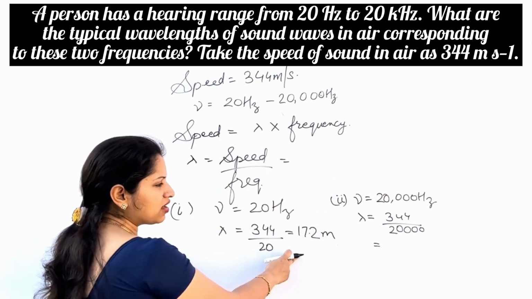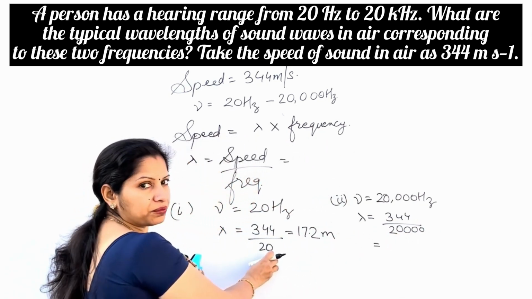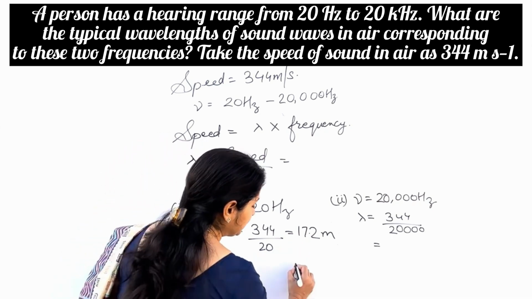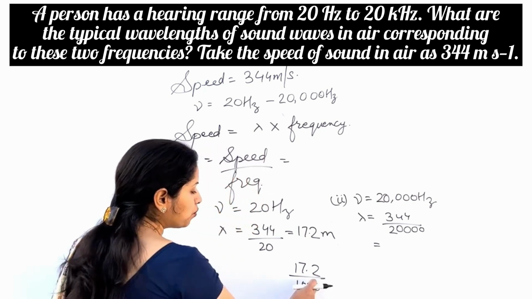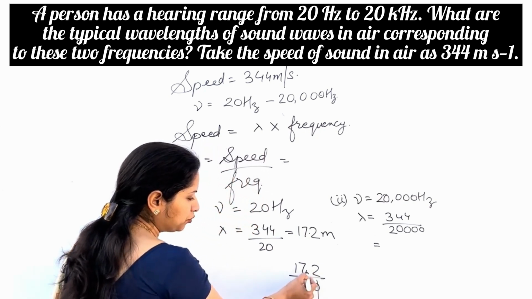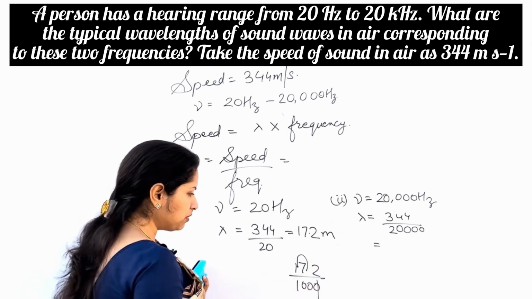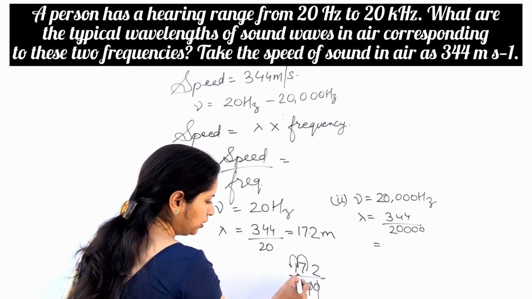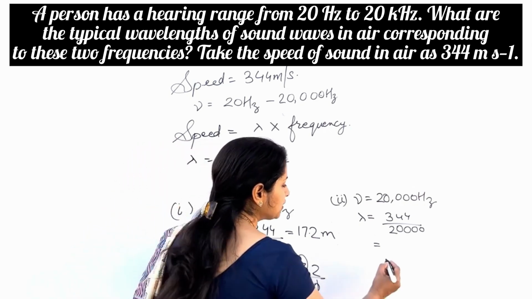So whatever is your answer now, you have to just divide it by 1000 because 20 is common. Okay, so it was 17.2. Now you have to divide this 17.2 by 1000. Okay, so 10 will be cancelled out if you shift the decimal by one place. One decimal will be removed. On one side, with each 0, the decimal will be moving forward. So it comes out to be